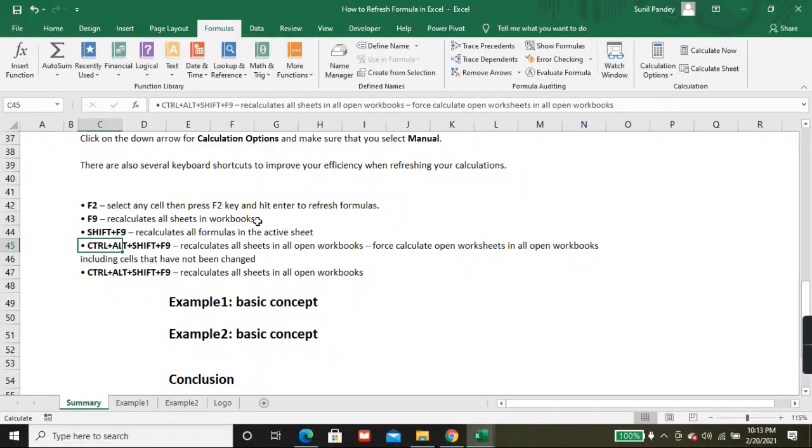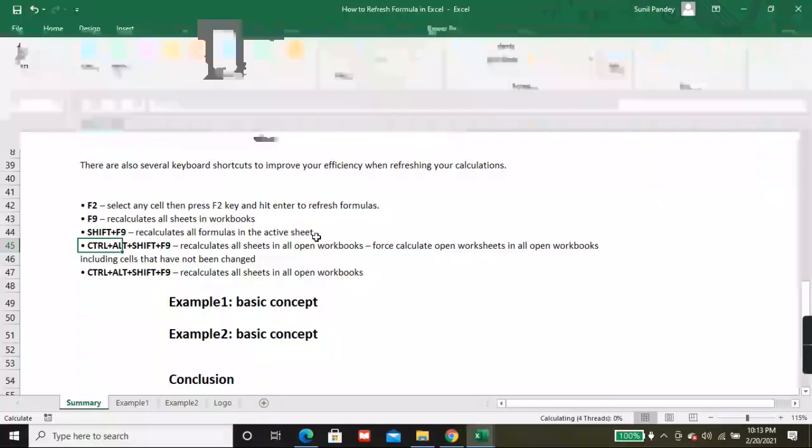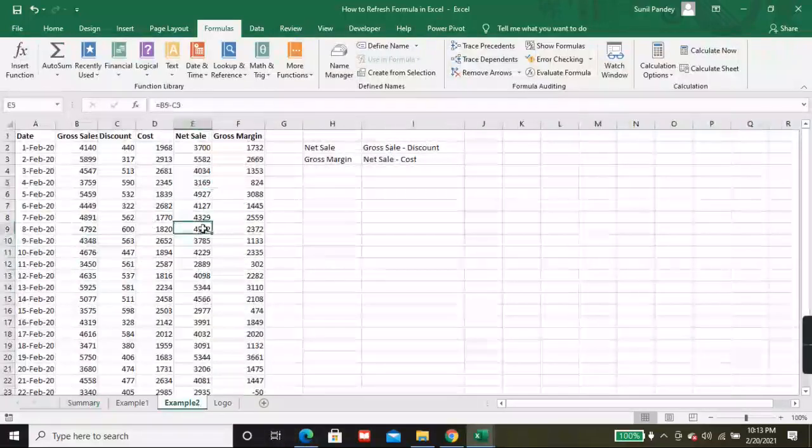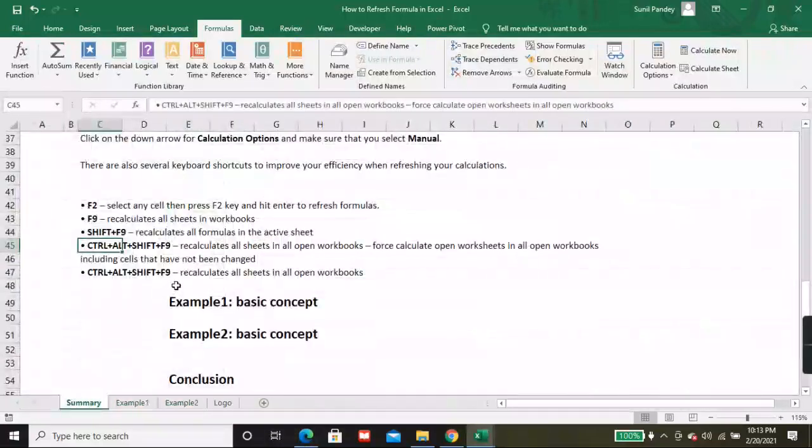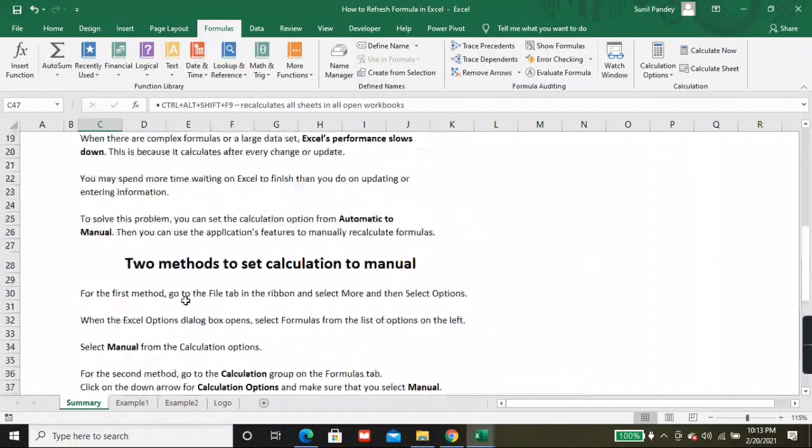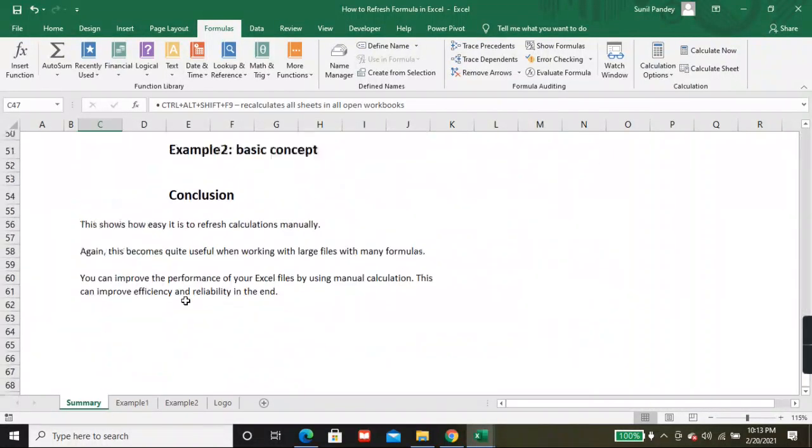If I press Control Alt Shift F9, then it will recalculate all the worksheets. Control Alt Shift F9 recalculates all the sheets in all the open workbooks.